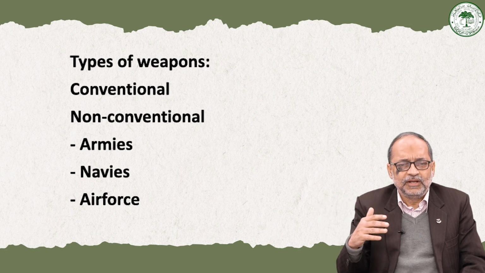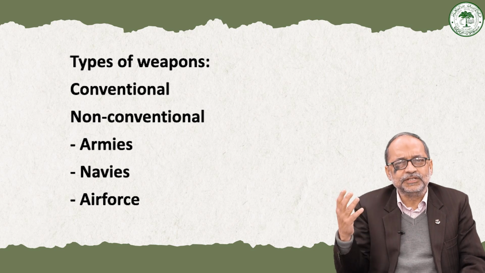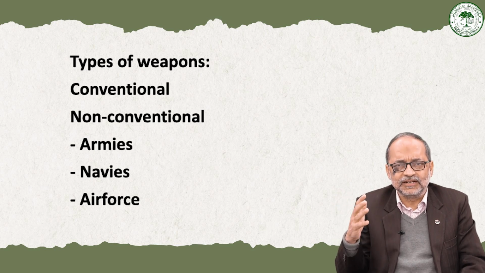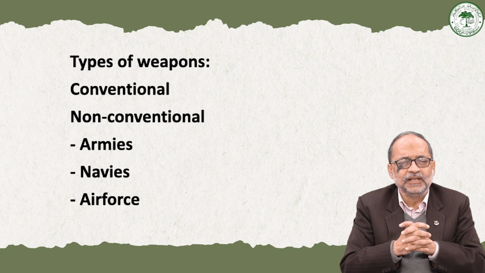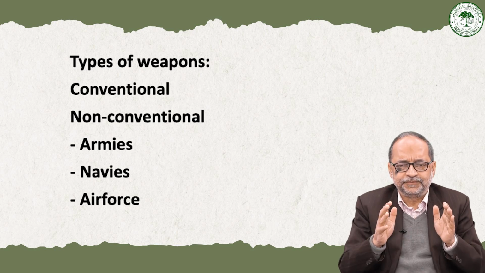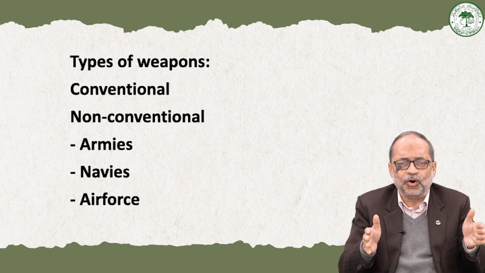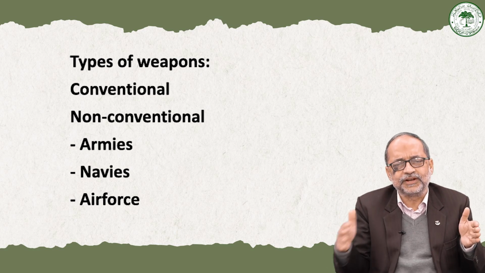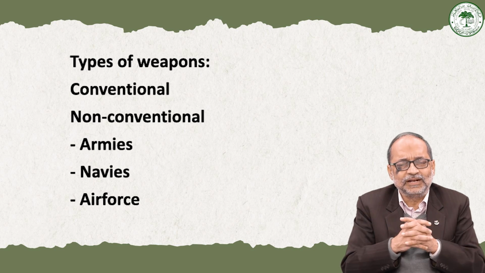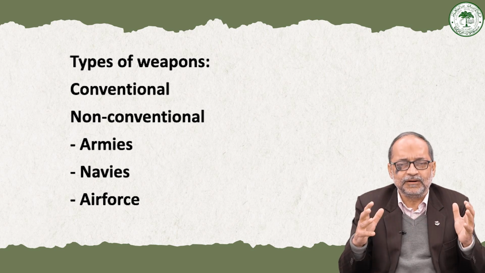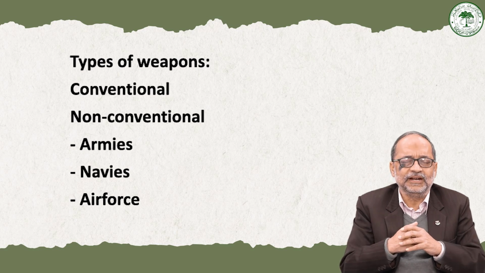It has been very extensively used in Afghanistan, in Bosnia, and many other areas. But as a consequence of the realization by countries that the usage of this kind of weapon does not stop with the war, and has consequential effects even after the war has stopped, there was a consensus at the international level, especially among the big powers, and a treaty to ban landmines was signed in the year 1997.